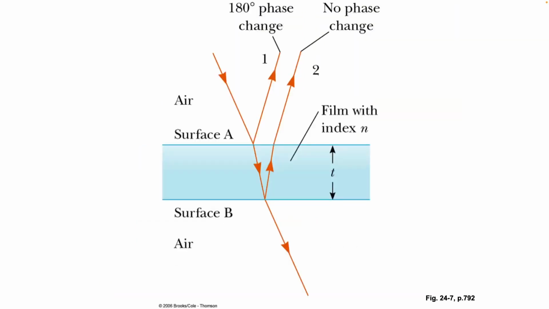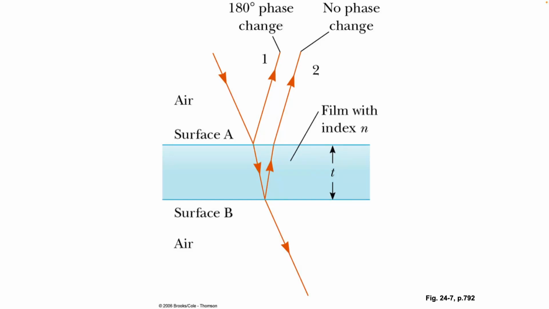Why is this important? Because we're going to develop the rules for thin film interference, where we have a thin film of material, different index of refraction than the substrate or the material the film is sitting on, and also different from the material that the incident ray happened to be traveling in. Now, we're going to draw this picture over and over and over again, or something very similar to it. I actually have a slightly simplified version of it.